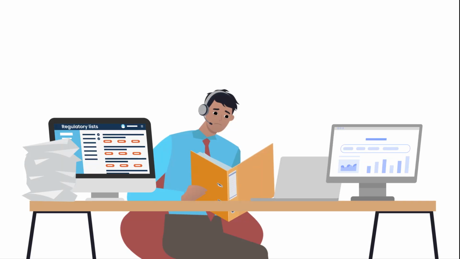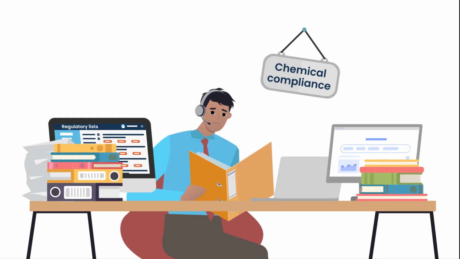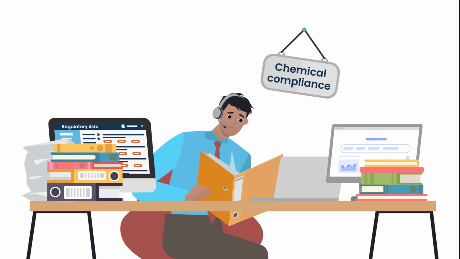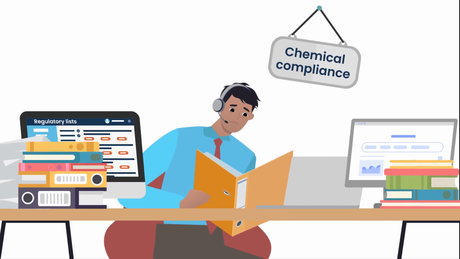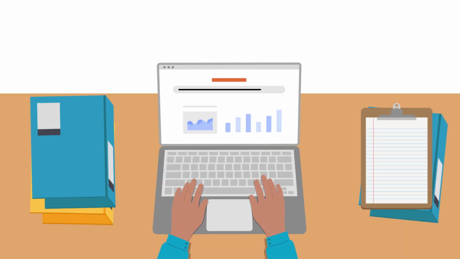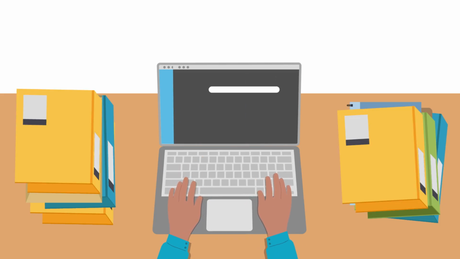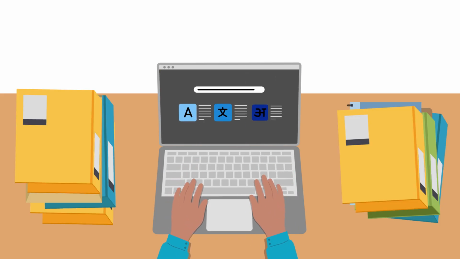Managing chemical regulatory compliance at scale is demanding work. Someone has to cross-reference safety data sheets against regulatory lists. Someone has to reconcile chemical inventory records with evolving regulations. And someone has to map every product against an ever-growing list of global regulatory requirements across hundreds, sometimes thousands of